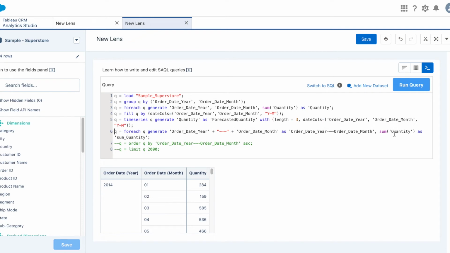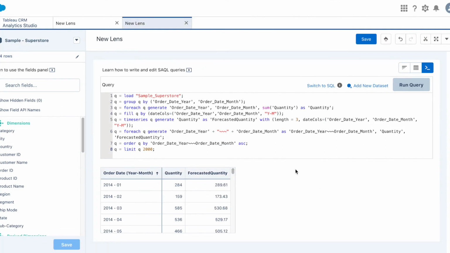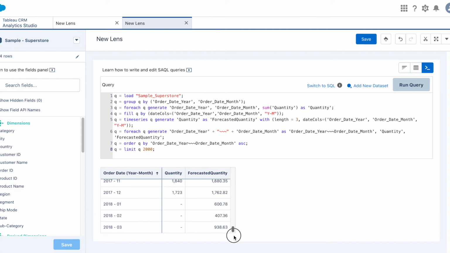The only change that we are going to do is we already have quantity, so let's call this quantity and let's remove as, we already have that, comma, we also need forecasted quantity, right? So let's do forecasted quantity. Let's remove this, let's remove this and run it. Okay, that's it. This will generate your forecast. So as you can see, we have generated forecast for the month of January 2018, February 2018 and March 2018.